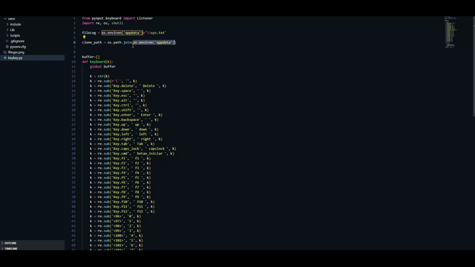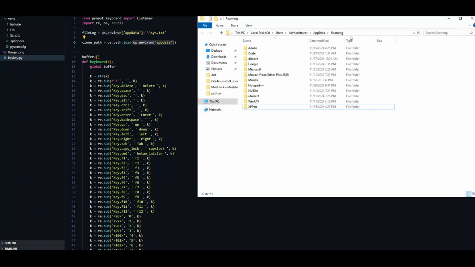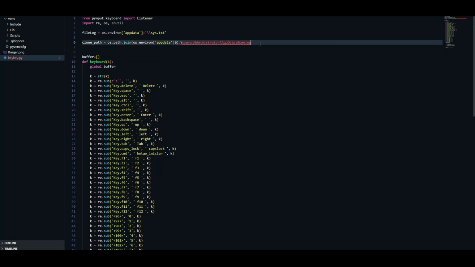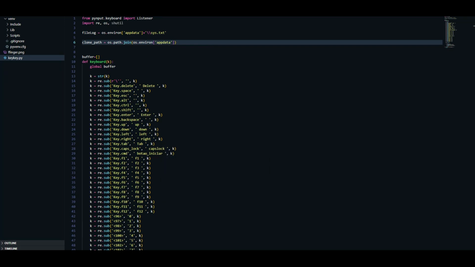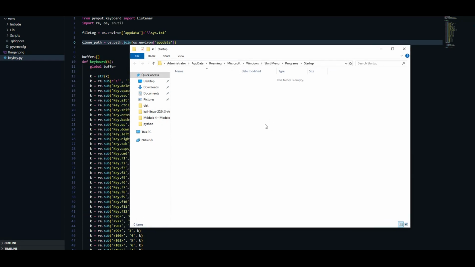This line is the same thing as that one. I'm saying it there, but we're gonna go to the startup. So if you press Windows R and type here shell:startup, you will open the folder with everything that will start with Windows. So we are here,